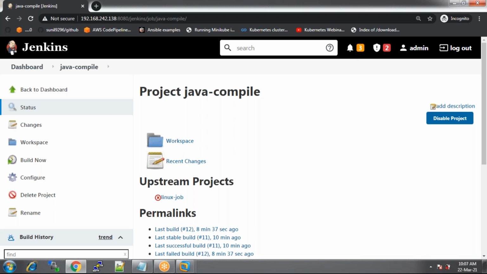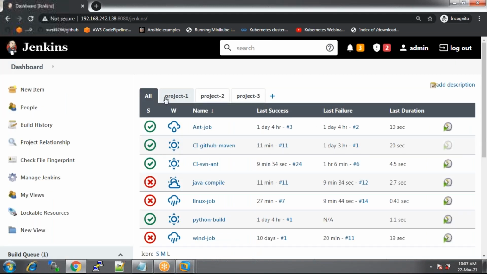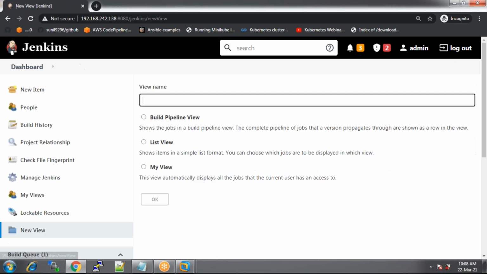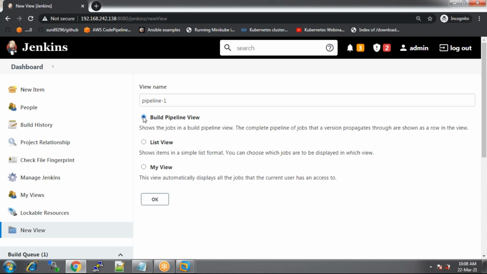So previously I created a view called list view. The list view is only for listing the projects, listing the jobs. But now I'm creating a new pipeline view, something like pipeline 1. That's my name. What I'm going to select is build pipeline view. Okay. But one condition: if you want to have this option available when you create a view,